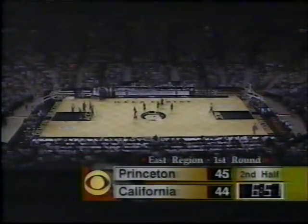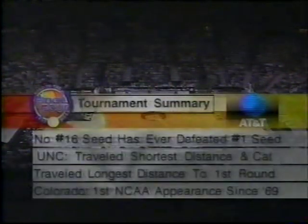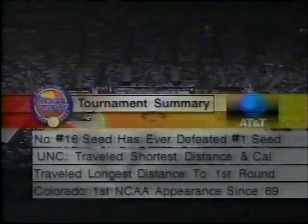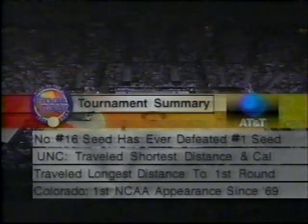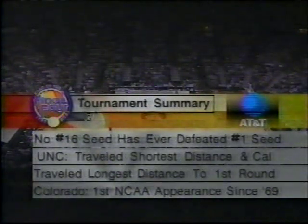Sean McDonough, Bill Raftery back in Winston-Salem, where Princeton has reclaimed the lead by a point over Cal. The tournament summary tells us that no number 16 seed has defeated the number 1 tonight. North Carolina will take on Fairfield, the 1 versus 16 game here in Winston-Salem. And North Carolina traveled only 55 miles to come to Winston-Salem. Cal had the longest trip of any team in the tournament for a first round game, 2,742 miles from Berkeley